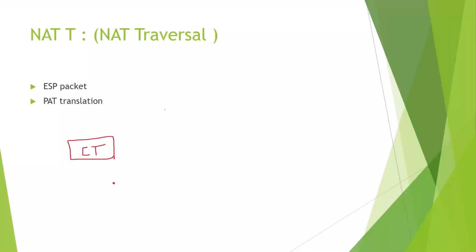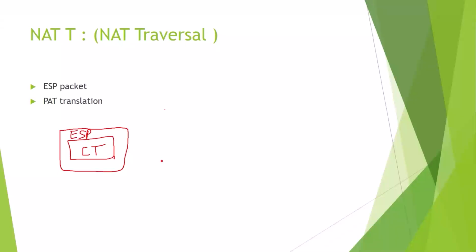Now to use the ESP protocol, we would encrypt this packet and put our ESP header and trailer over it. Now this becomes our ESP packet. After putting that header and trailer, it is not a normal clear text packet. That means it is encrypted and encapsulated. Till this point, everything is fine.